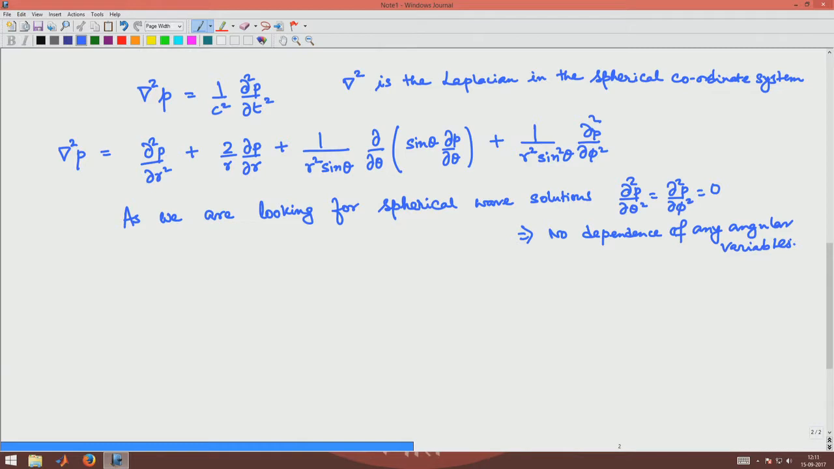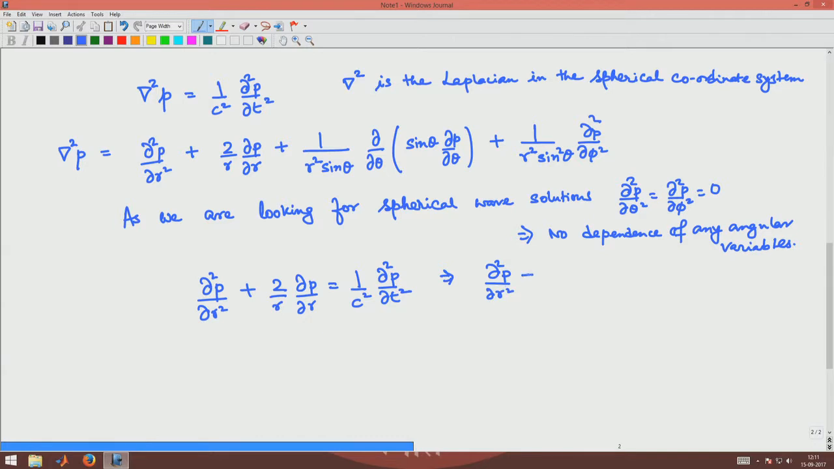Okay. So, with that being the simplification, now we can look to solve this simplified equation, which is ∂²p/∂r² + (2/r) ∂p/∂r = (1/c²) ∂²p/∂t². Okay. And what we can now do is open this term a little further to give us